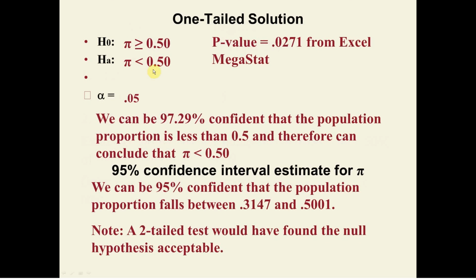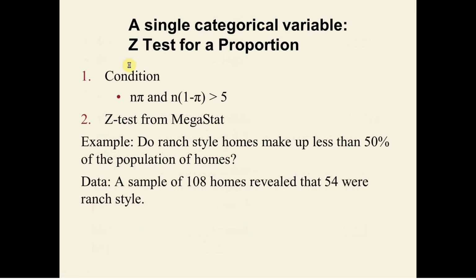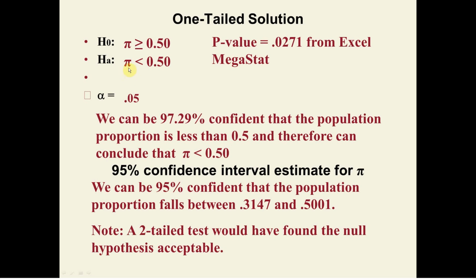So we want to know the hypothesis again. Do ranch-style homes make up less than 50%? So the population proportion of ranch-style homes is less than 0.5, 50%. This has the inequality, so it's going to be the alternative. Therefore, the opposite is going to be the null, which is greater than or equal to 50. If we run it through the z-test in Megastat, we get a p-value of